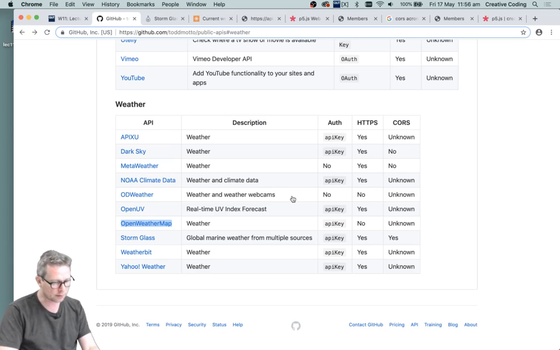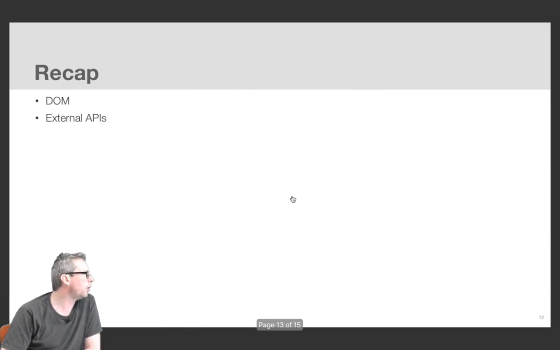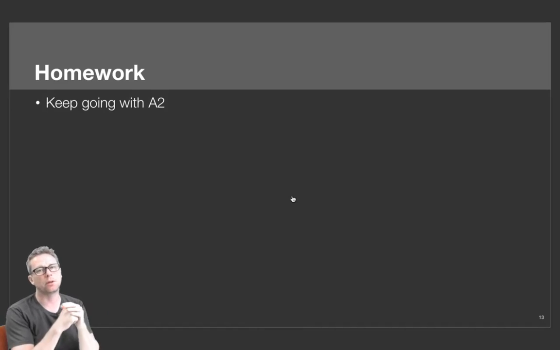Okay, that's pretty much the end of where I wanted to get to with this demo. In the first part, we looked at the DOM, the Document Object Model, and we've looked at external APIs in the second part. Really, for homework, just keep going with assignment 2,